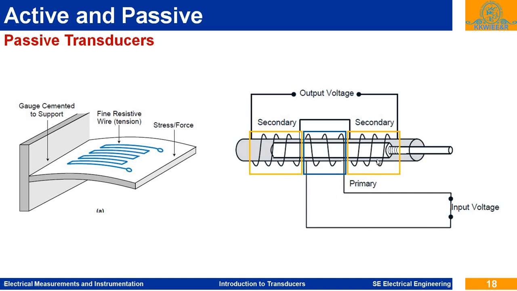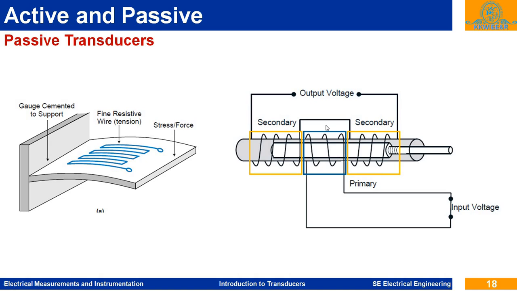It is divided equally into the same number of turns in this yellow portion, and there is one spindle which will connect with this primary and secondary winding, and based on the displacement of this plunger,